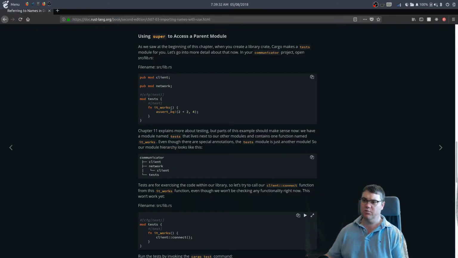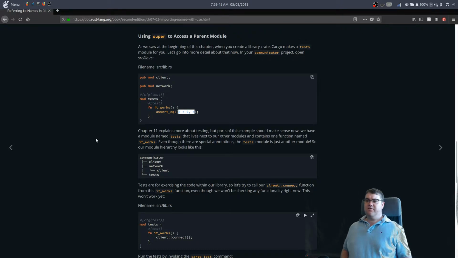Mod test, it works, assert equal 2 plus 2 is 4. So totally normal to most testing frameworks and libraries that I've seen. Chapter 11 explains more about testing, but parts of this example should make